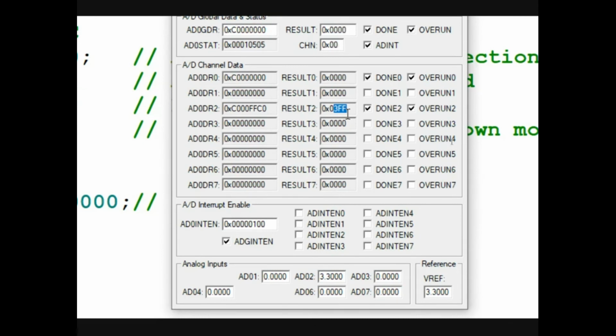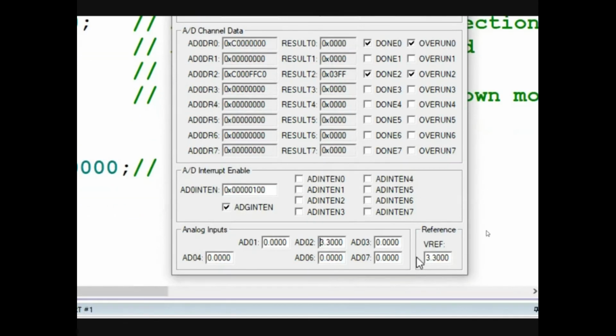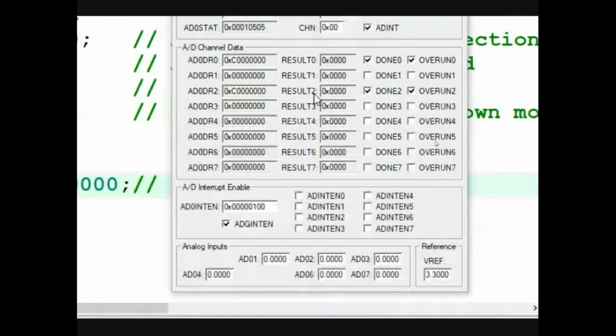As we all know, it is convenient for us to understand that 3FF is all ones, that means 10 ones. So the maximum analog input is converted to the maximum digital value. When you give 0.0, the converted value will become 0. This is the best method in the Keil IDE to simulate both the analog input as well as the digital output, as you see here. When you give 0, the result is 0. When you give 3.3, the result is 3FF.